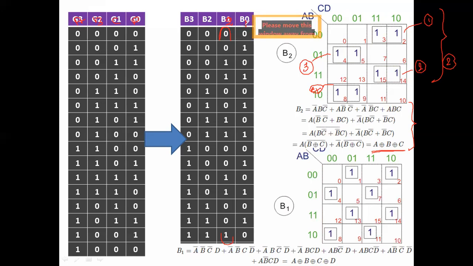And then proceed the same for the LSB bit, that means to obtain B1. By taking the same input variables A, B, C, D as input, fill the Karnaugh map. Here, please listen, the difference between the previous one and this one is that there are no chances of grouping 8 ones, 4 ones, as well as 2 ones. So all 8 groupings are single cell groupings.